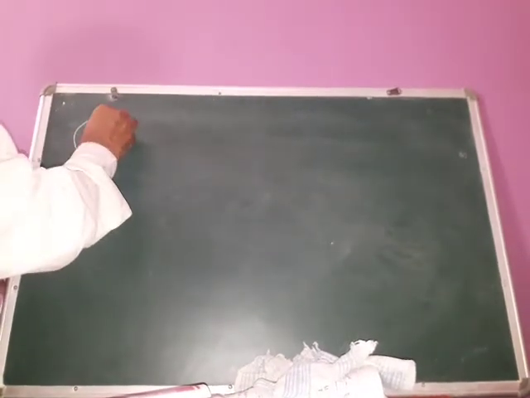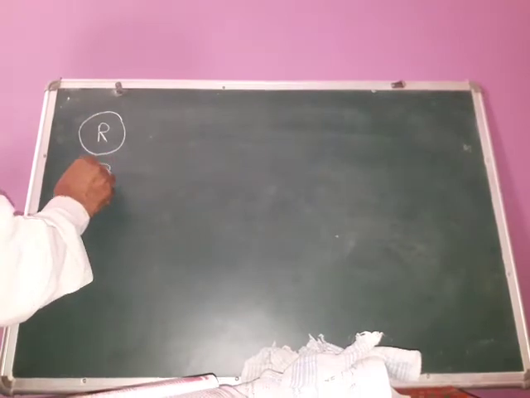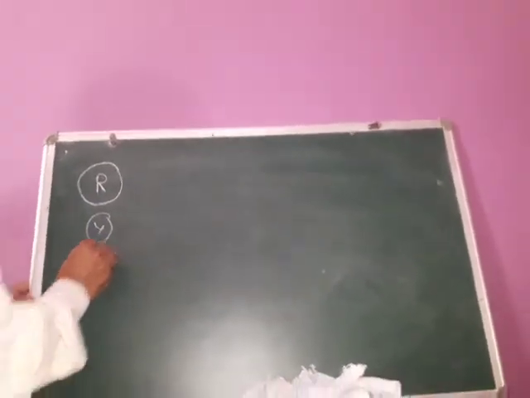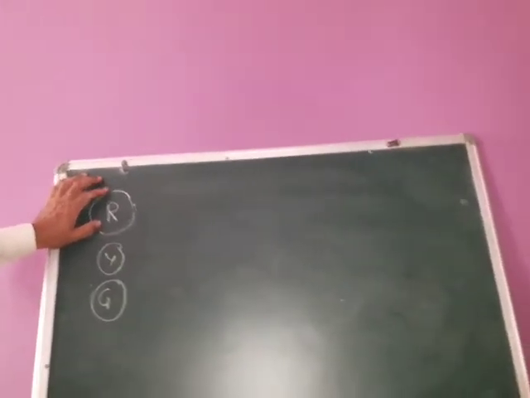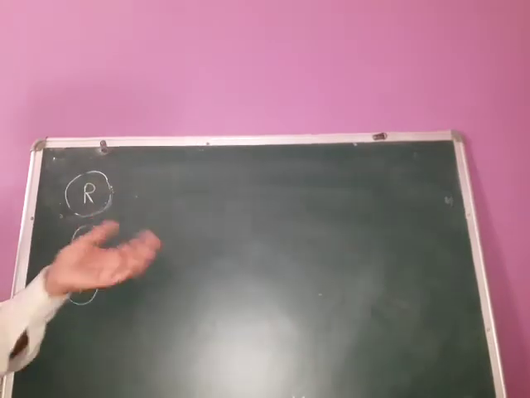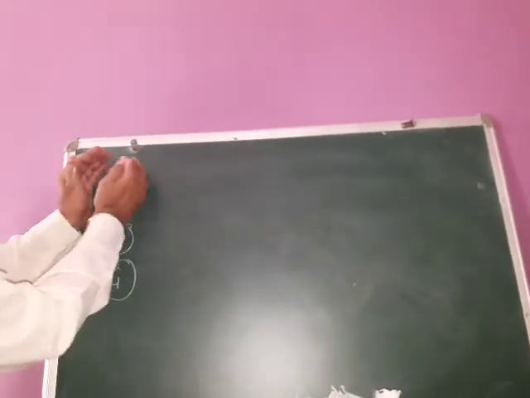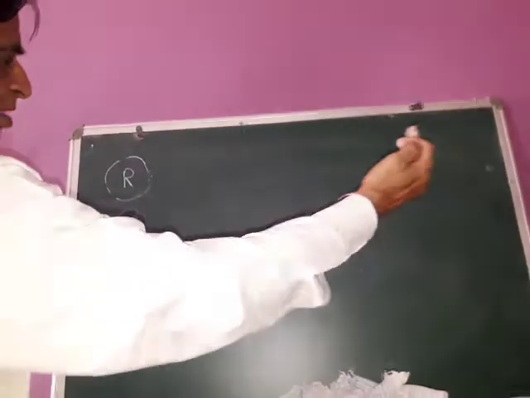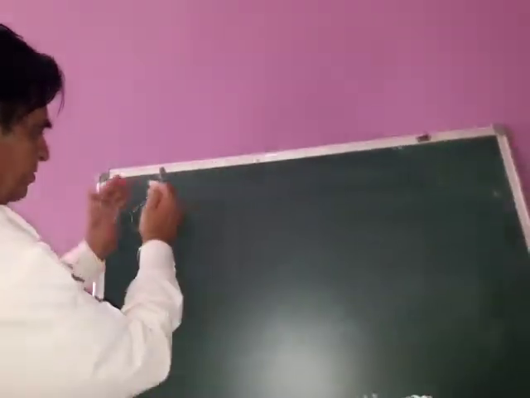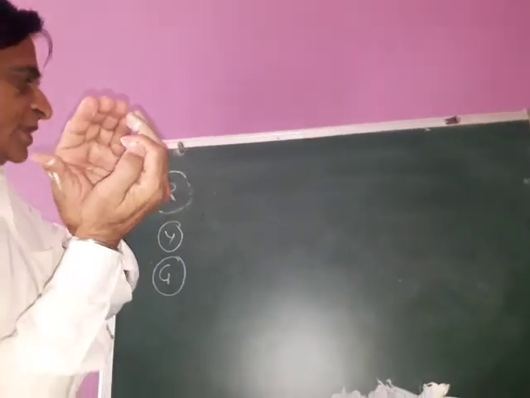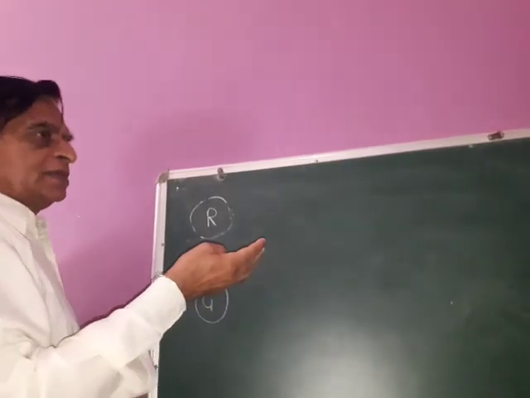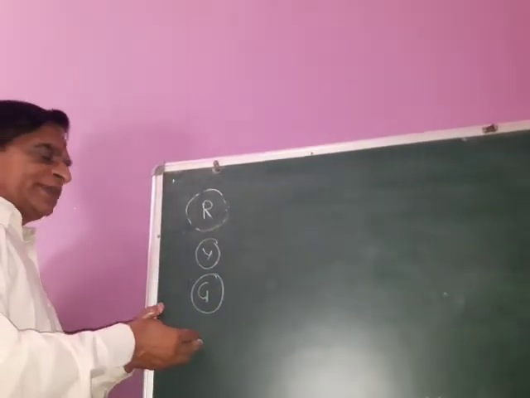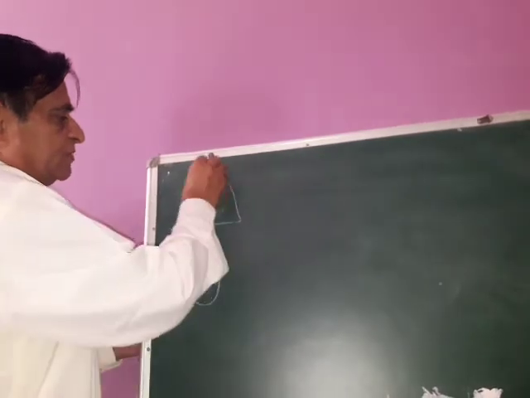Second thing is, you see, the danger signal is always red. We have red, yellow and green signals. Why do we have the danger signal red, stop or danger signal red? Because as we have just seen, red light will scatter minimum. So whatever light is coming over here will not spread all along the atmosphere. It will come straight to the observer. So red light can be seen from a far distance and quite brightly. Other lights are not so visible, so for danger signs we have red light.